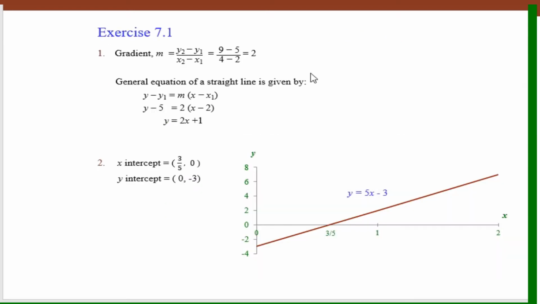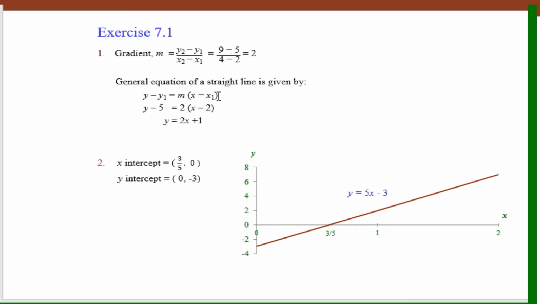So let's look at exercise 7.1. They've given you 2 points. They want you to find the straight line equation. So the first point is you find the gradient. You will get 2. Then you can use this equation, y minus y1 equals to m